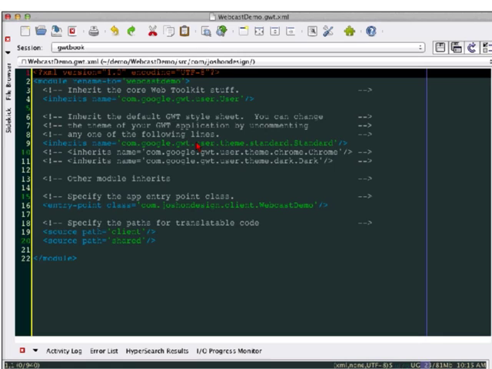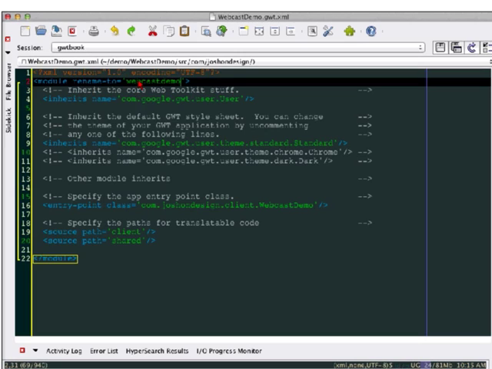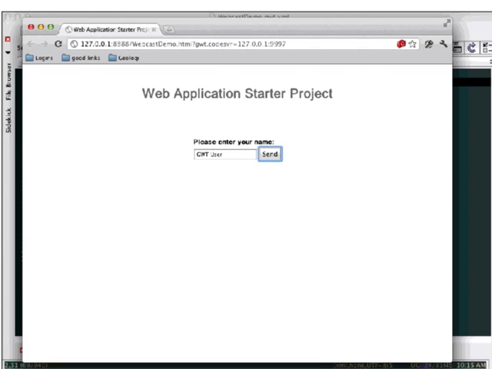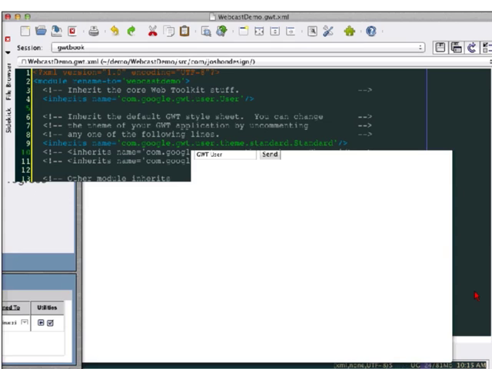So it might do a lot of stuff internally, but it only exposes particular interfaces or classes that you want it to expose. And it also handles dependency management. So it created a default module here and called it Webcast Demo. And it inherits, by the way, can you see the